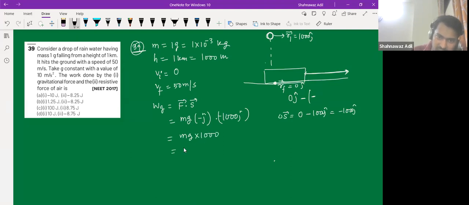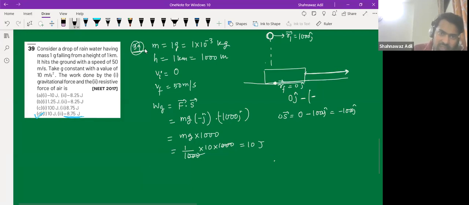That is correct. 1 gram is 1 by 1000, g is 10, this is 1000. So this is 10 joules. So this is correct. Only this option is correct, right? This one is correct, but in the second part, we should get minus 8.75. That is the only thing